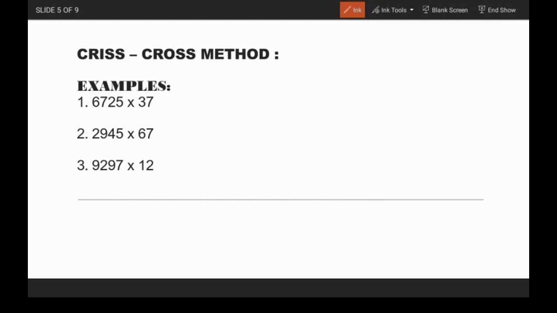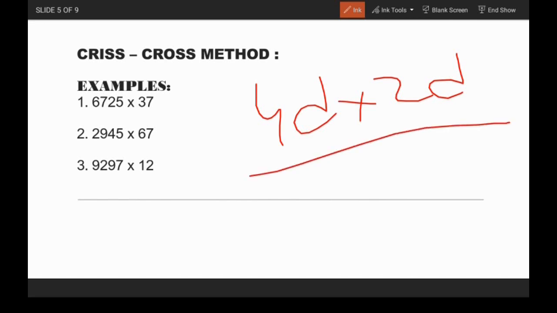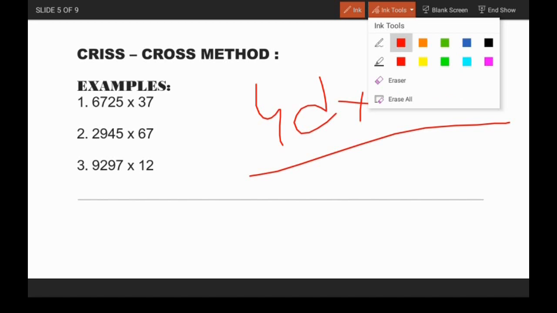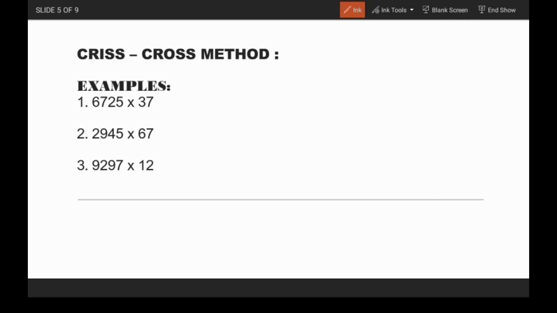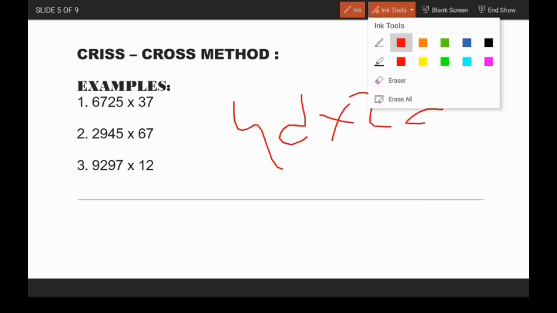Now we'll see how to solve 4d into 2d. In today's video lecture we'll be discussing 4d into 2d. It is as simple as 2d into 2d and 3d into 2d, but we'll just add one more cross. Those who have followed the previous video lectures might get an idea how to solve 4d into 2d without me showing. Okay, so I'll just show you what the trick is here.